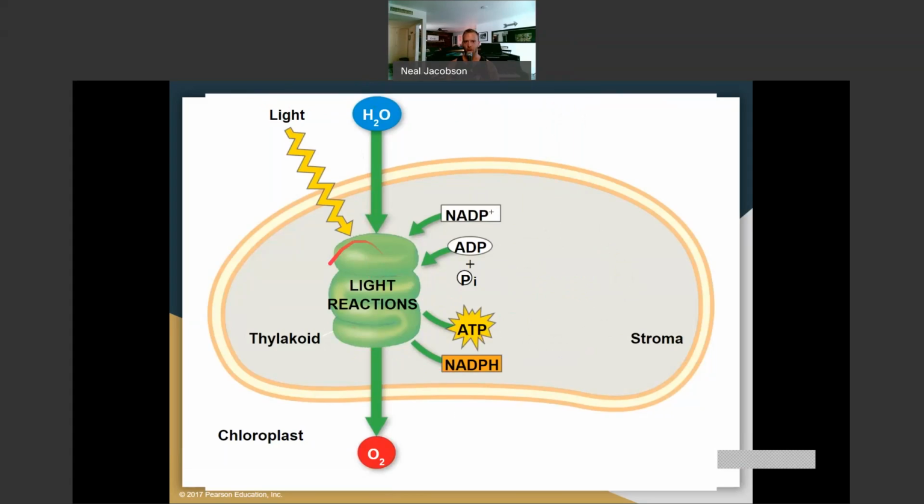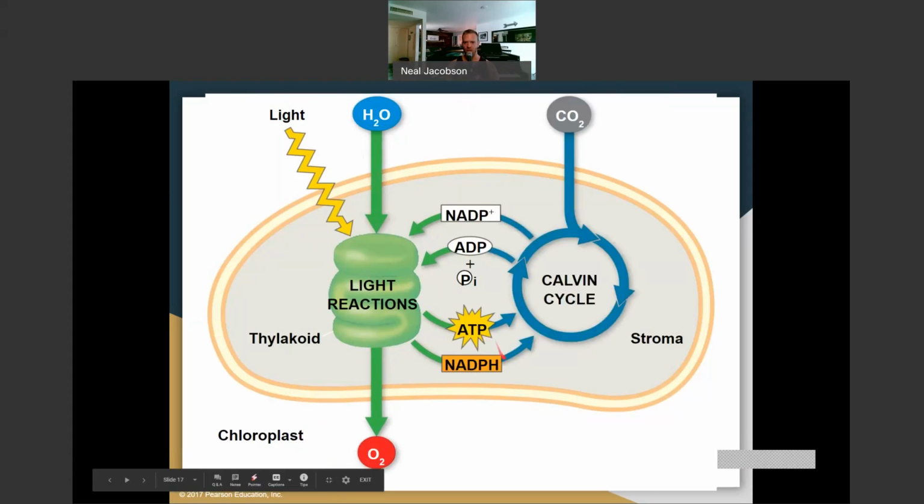The byproduct of all that, once you strip away electrons from water, is you get oxygen gas. And that's what we use to breathe, and that's what fuels our mitochondria. It's crazy. Okay. So anyways, the charged up batteries then are going to enter this Calvin cycle, which takes carbon